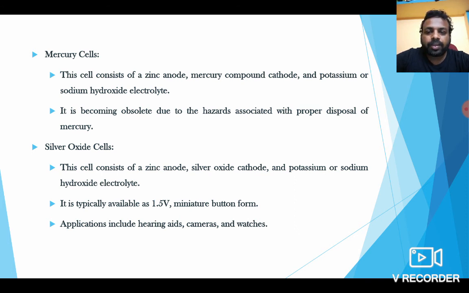Right, and the capacity of the battery purely depends upon what type of electrode is used and what type of electrolyte it has. Based on that, the advantages as well as drawbacks will be decided in the primary cell battery.